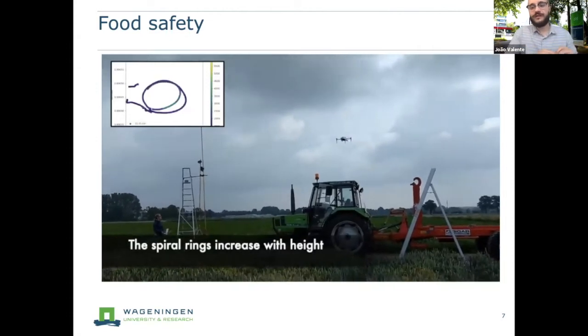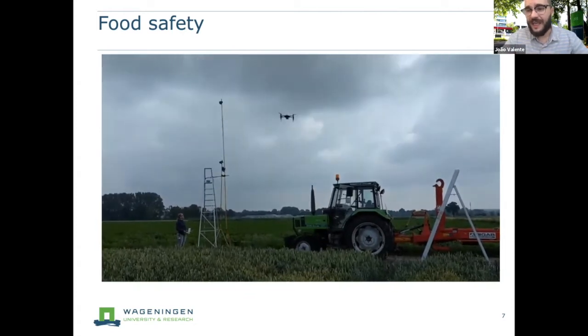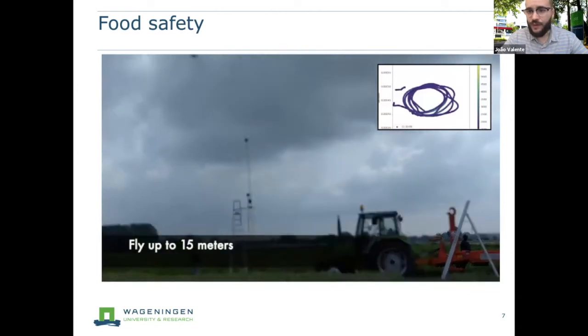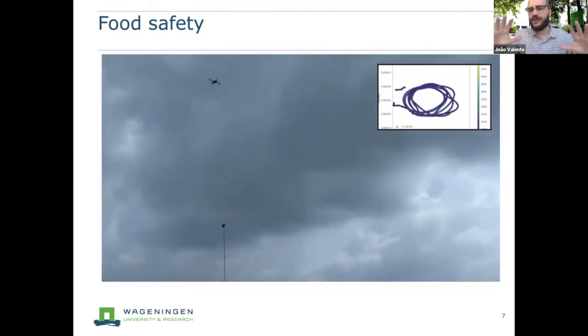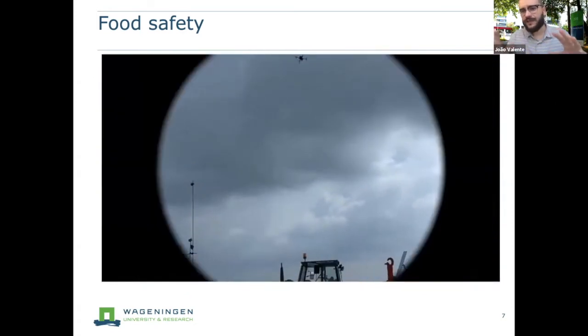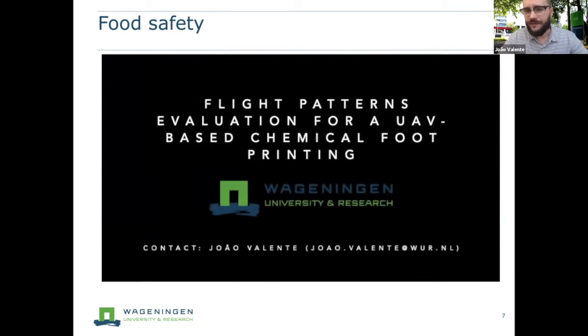For instance, there are several particles that go around, going over the crops, and then of course we are going to eat all of that, and it's not good for our health. So we are using drones equipped with advanced sensor technology, cameras, electronic noses, to sense the whole environment.